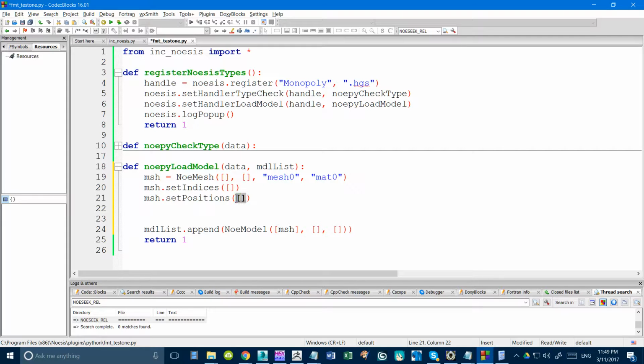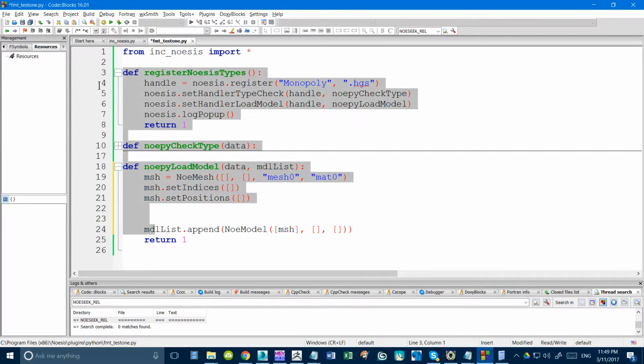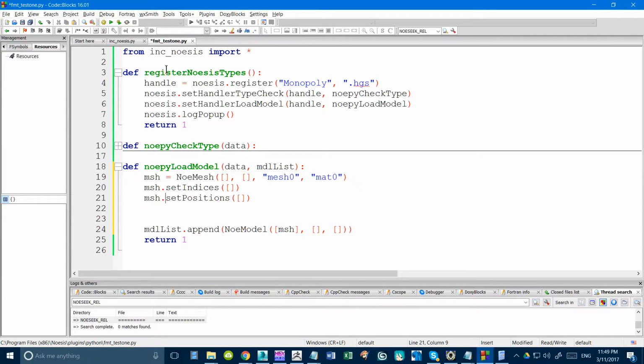we don't have anything in an array right now, but that's basically the core setup of how this would work. So when Noesis runs, it'll register, send the handles, verify that you can run it, ask for the checking thing, and then run your load function. It goes down your load function, and basically you just want to append anything that's a model to your model list by way of creating a mesh with the Noesis mesh functions,